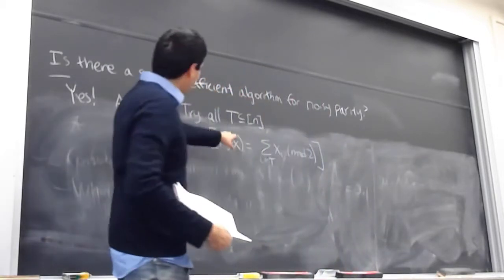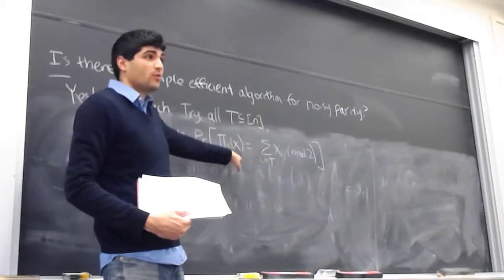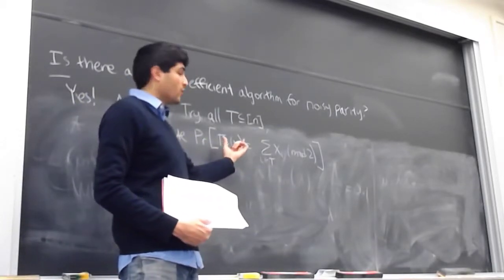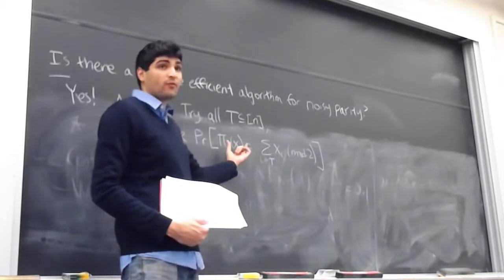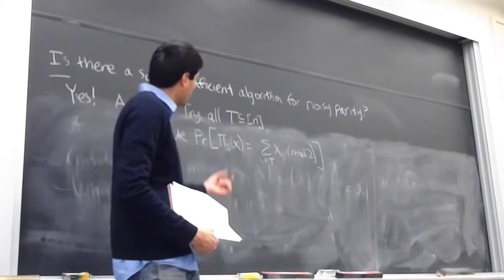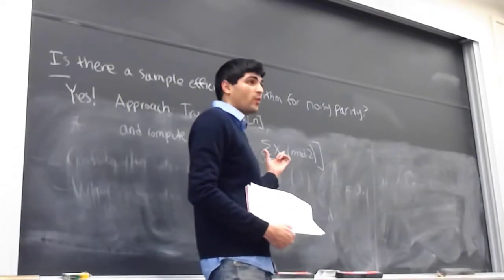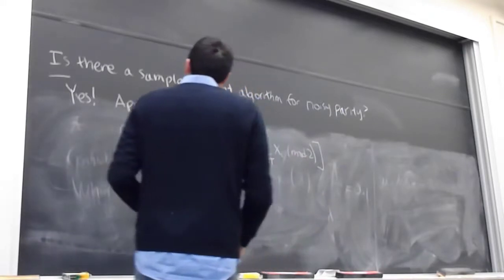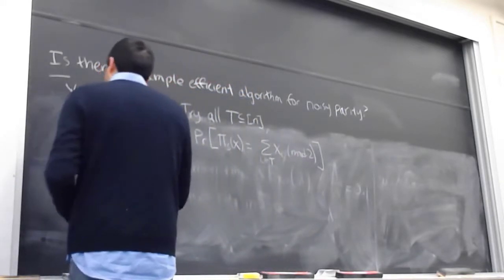So all you do is you have your function that you have access to. You take random samples from X, and then you ask how often is the output that you get from noisy parity, so it's not just the parity on S, but it adds in the noise as well, how often does that agree with what the parity on T should be? Okay. And the claim is